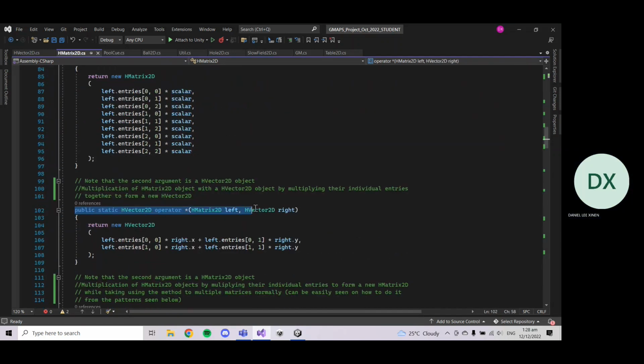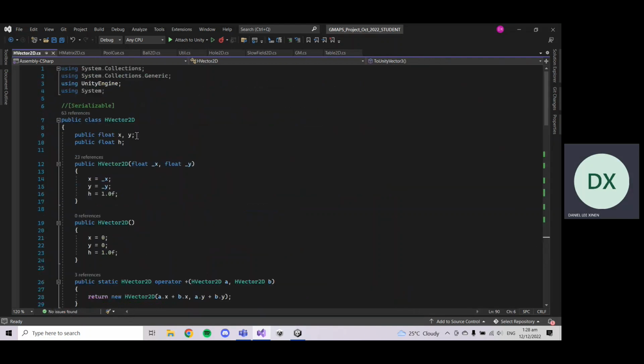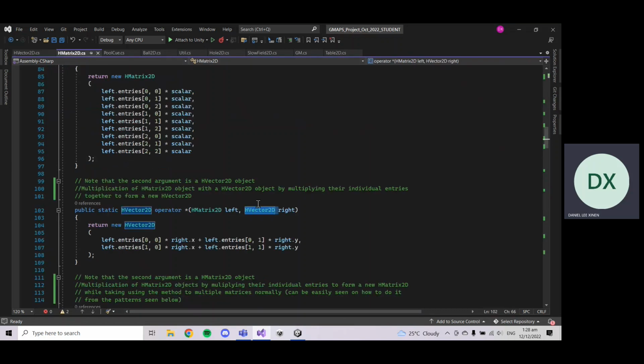However, talking about vector 2D, then we just need to look at the entries, in a sense H vector 2D, although we're only looking at a 2 by 2 as